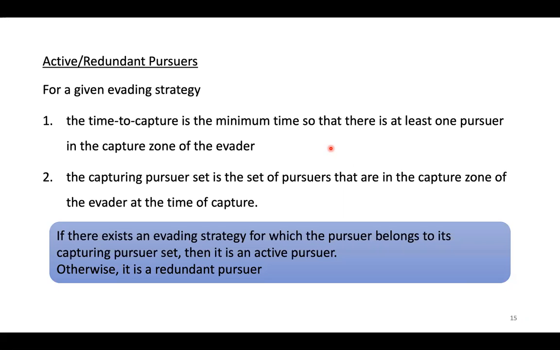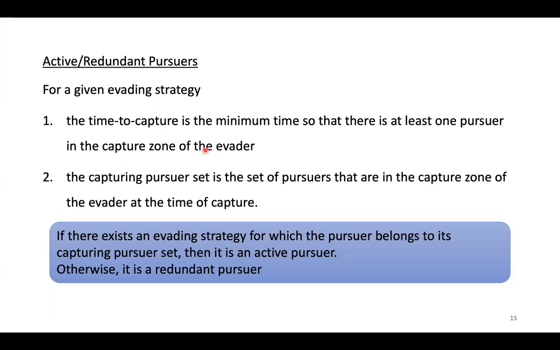So I define active and redundant pursuers, like in a situation where for a given evading strategy, oh, sorry, my mistake. Let me retract that. Pursuer is active if there exists at least one evading strategy for which it can capture the evader before all the pursuers can capture the evader,